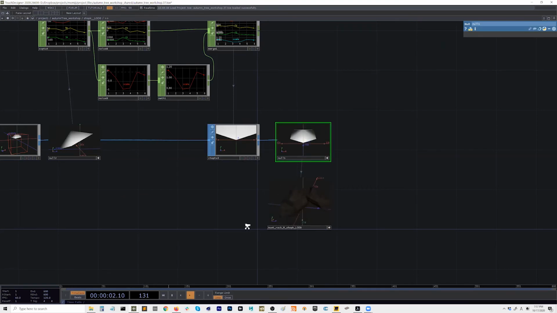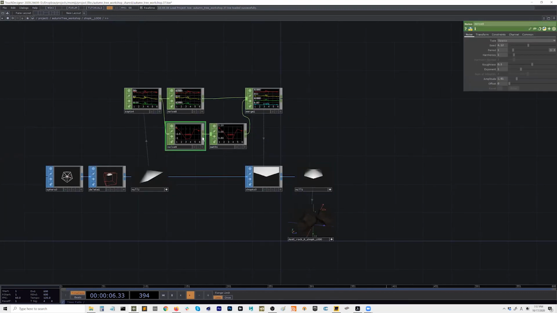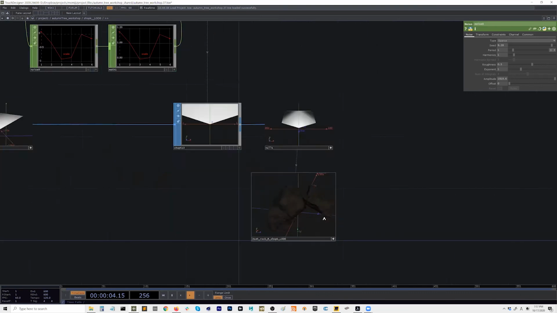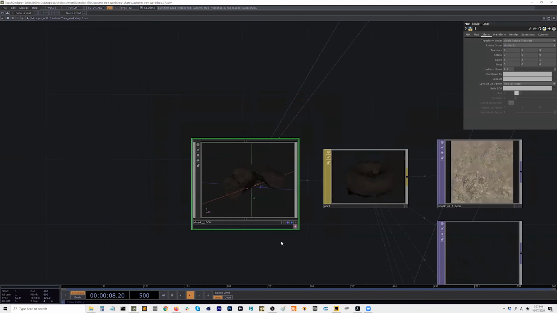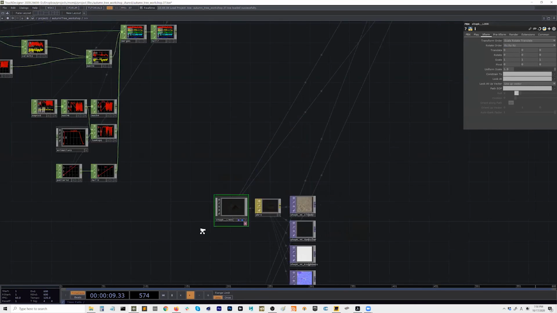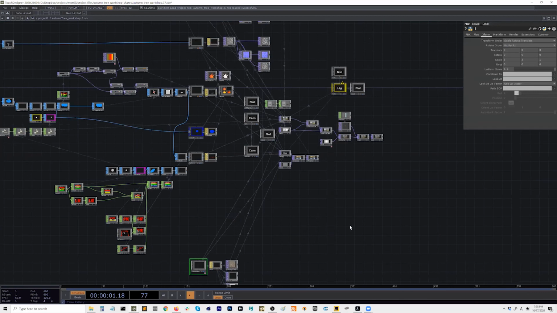And I use the same technique, get the tx, ty, tz, and add a noise to it. I did scale as well, randomizing the rotation of the rocks so that they look a little bit more natural. So I'm not going to do this step by step because time is definitely running out. And